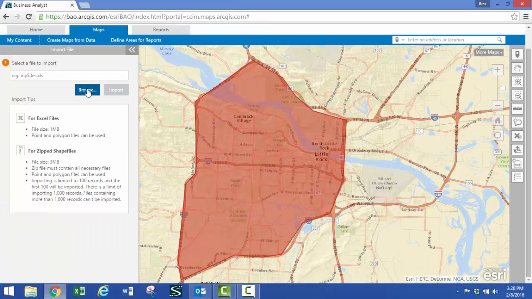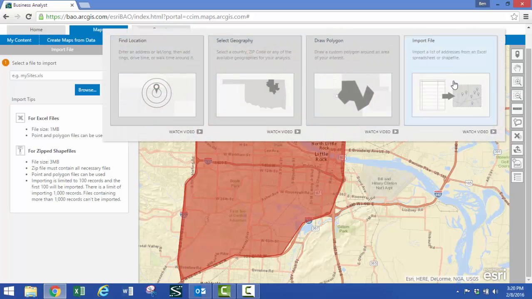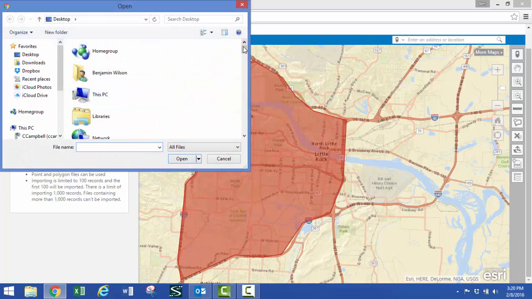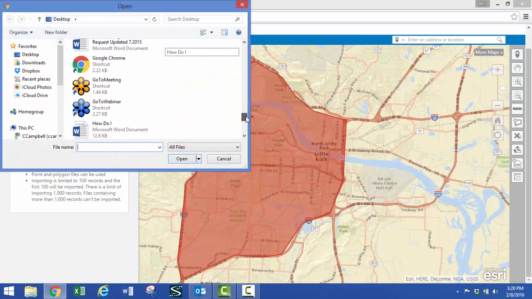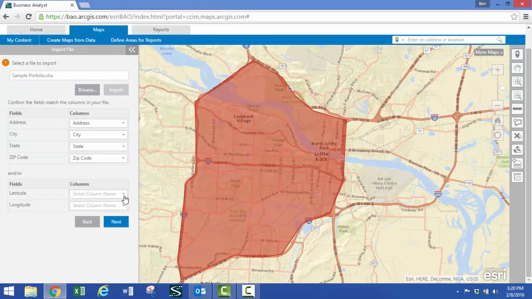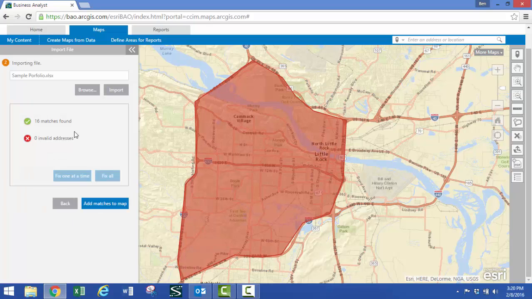I'm going to go back to Business Analyst, and again, I simply define areas for reports. I'm going to import a file. I'm going to choose Browse, and I'm going to scroll down to my sample portfolio and import it. Because I have this file directly from my desktop, and I just looked at it and saw that it had address, city, state, and zip code, I don't need to do anything here. So I simply click Next. You'll see that 16 matches were found, and none were invalid addresses,